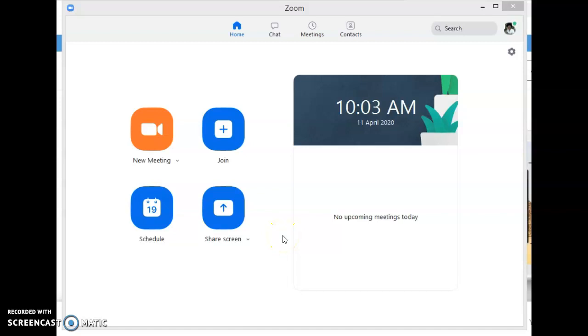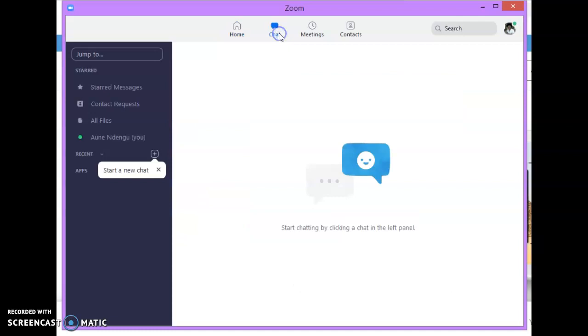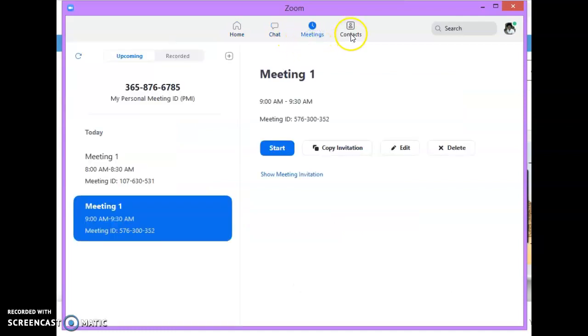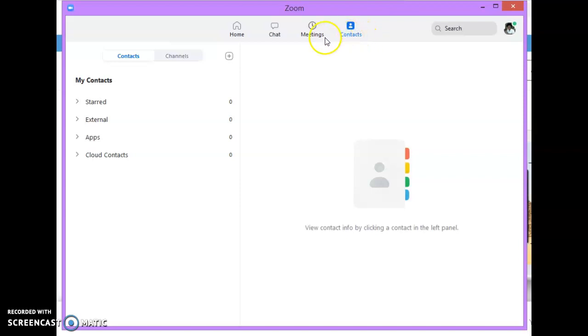Hi everyone, in this video I'm going to show you different features found in Zoom. On the Zoom homepage you will find different icons such as New Meeting, Join a Meeting, Schedule a Meeting and Share Screen. Up top here you also find Chat, and then you have also Meetings, Contacts, and then if you